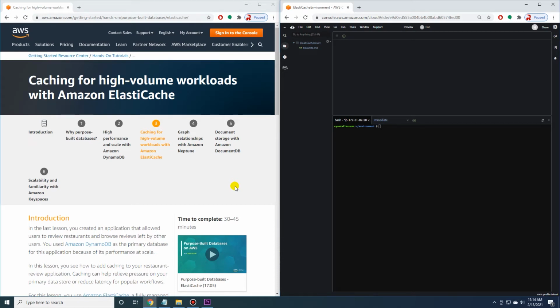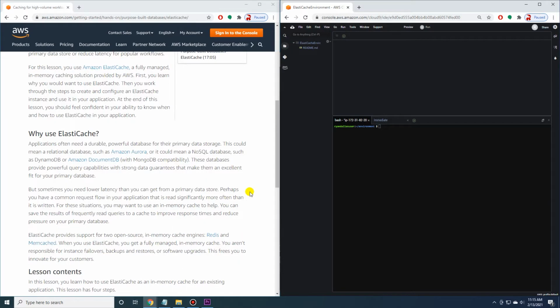Hey, this is Ryan, and today I'm going to continue on with another tutorial, and this is going to be for Elasticache. So Elasticache is useful because, for example, sometimes you need a lower latency that you can get from